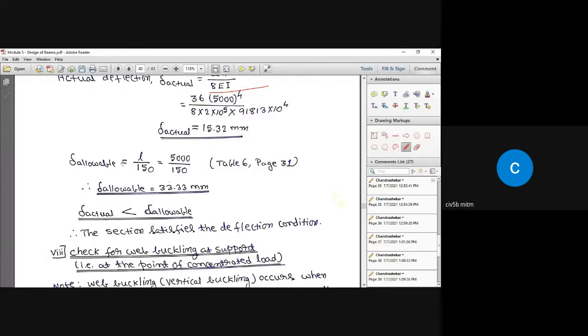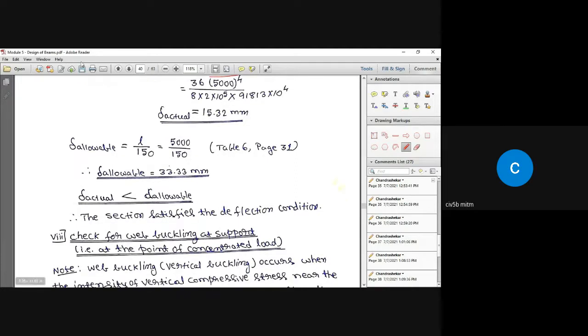Under cantilever beam, there are elements not susceptible to cracking and elements susceptible to cracking. Here I am going to take elements not susceptible to cracking. For that, the limiting deflection is span divided by 360. Sorry, span divided by 150. So that is L by 150. What is L? That is the length of the cantilever, which is 500 divided by 150. So we got delta allowable equal to 33.33 millimeter. That is the maximum allowable deflection for that beam.